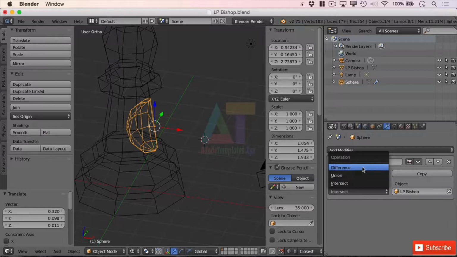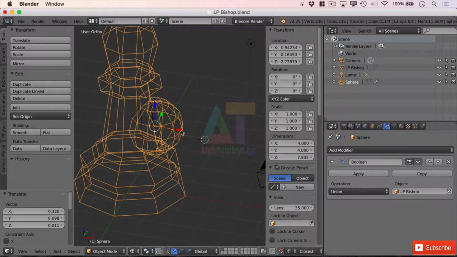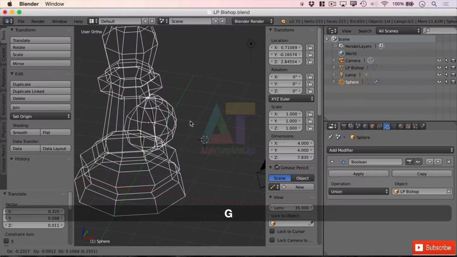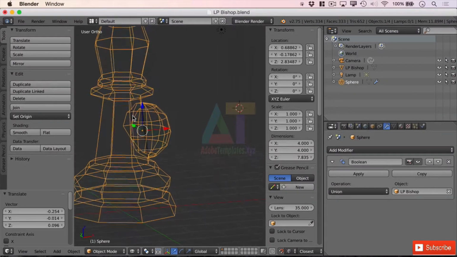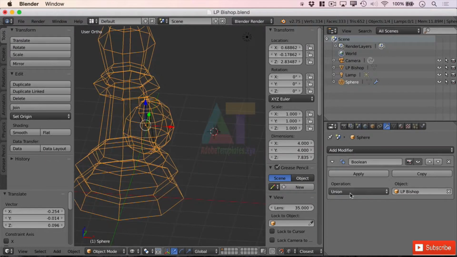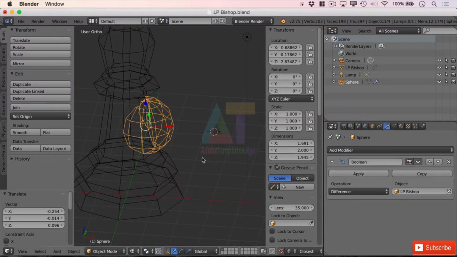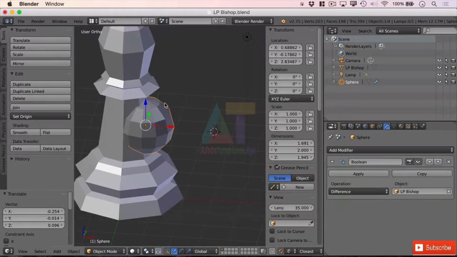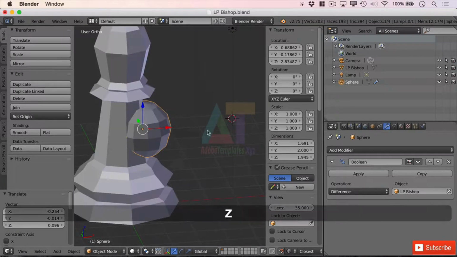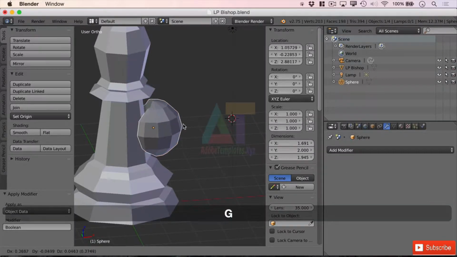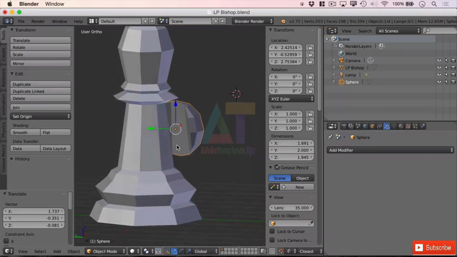What else do we have? We have difference and union. Well, union, as it sounds, combines the two together. So if we then applied this, that would become one mesh, and as you can see, there's no sphere inside. Now, the difference does the exact opposite. It's going to cut away the bishop shape from the sphere. And we can demonstrate that again in wireframe mode. We see there's nothing left of our sphere. And if we apply that and move the sphere away, we've taken a chunk out of the sphere,